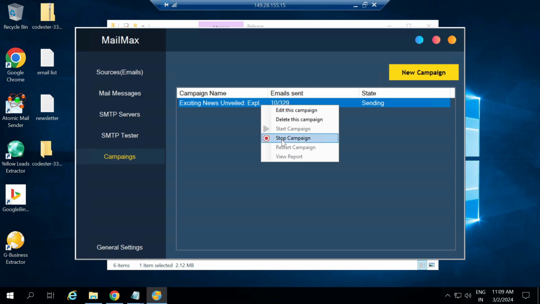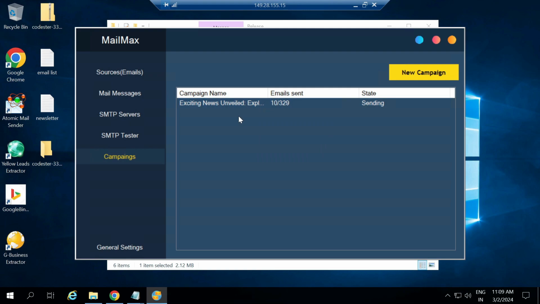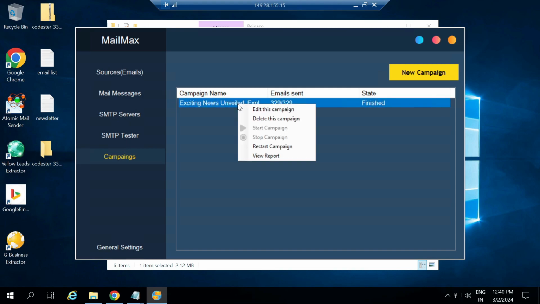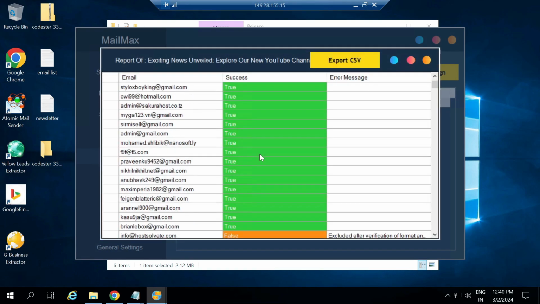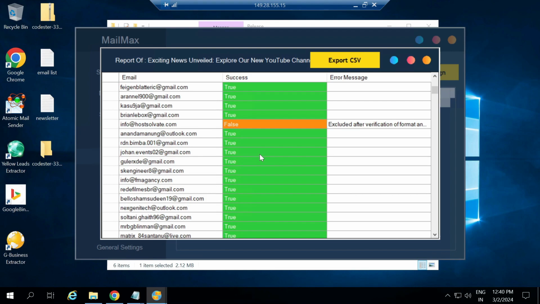If you wish to stop the campaign, you can again right-click on it, and you can pause this campaign, then you can restart again. Alright, the campaign has finished sending. Now if we see the delivery status, we need to right-click over it and click View Report. And it will show us the results like how many emails were valid and how many were not valid and